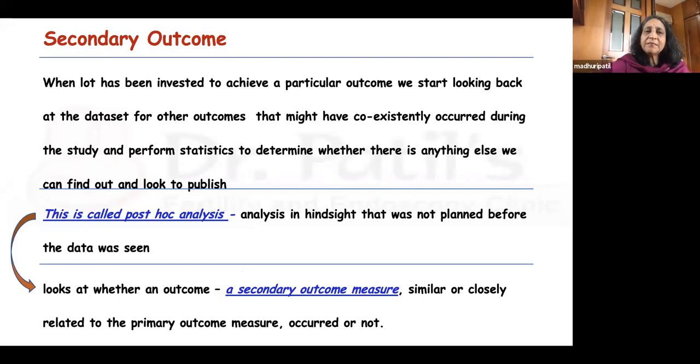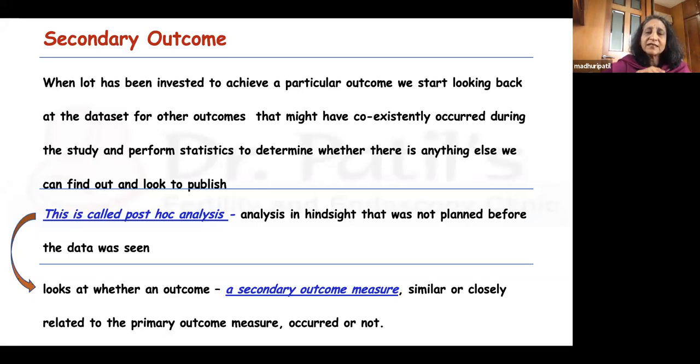It has been seen many times that you've done so much work, and then when we look back at our data set, we find that there is no significance, or nothing can be proved in your primary outcome. So then what we do is, when you are analyzing the other data, or doing the population analysis, you find that there is something which has turned out to be positive. This is then called a post hoc analysis.